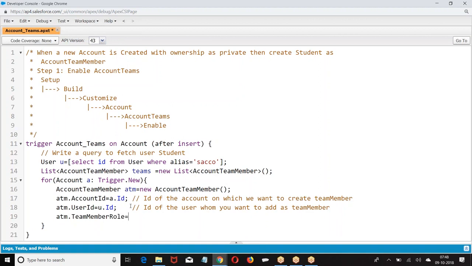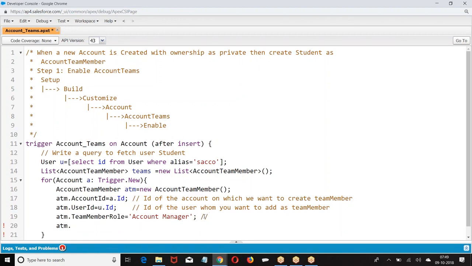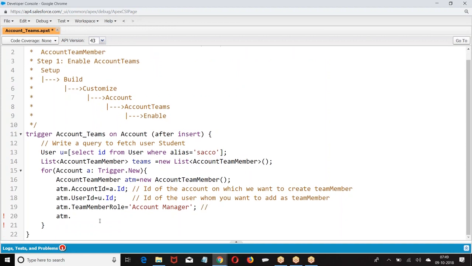Team member role equal to ATM dot, what was that? Role of the team member. Now when you make a team, for every team member there will be a role assigned. Boss, Lodha Towers is the account. You take care about financial loan issues. I will take care about legal issues. You take care about registration. You take care about field work. So we are making a group and working on a Lodha account, and everybody has a role to do. Then we have ATM dot access level.